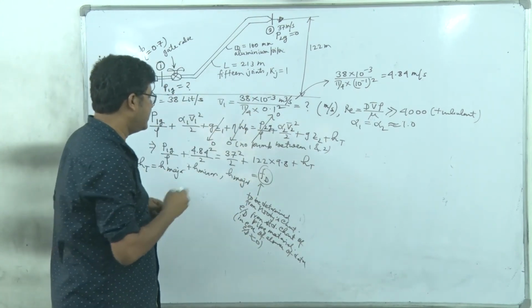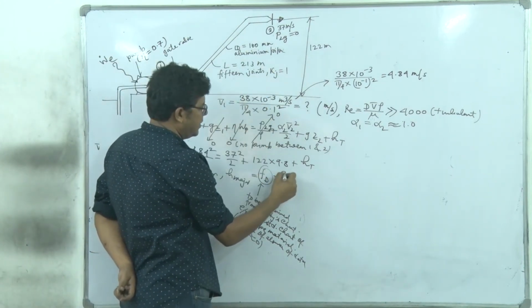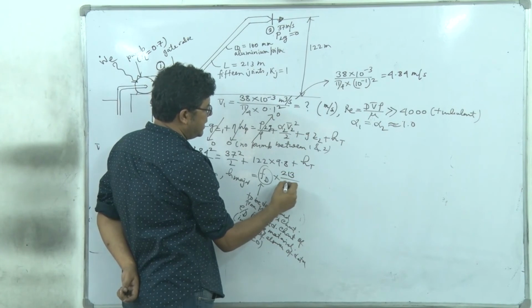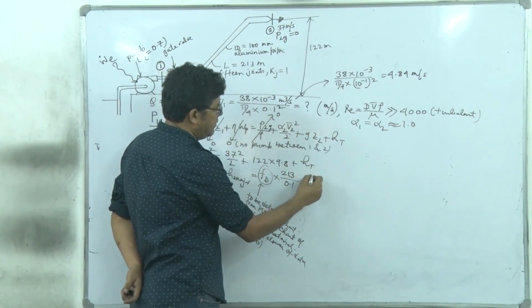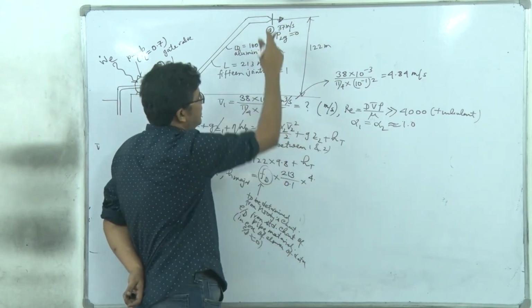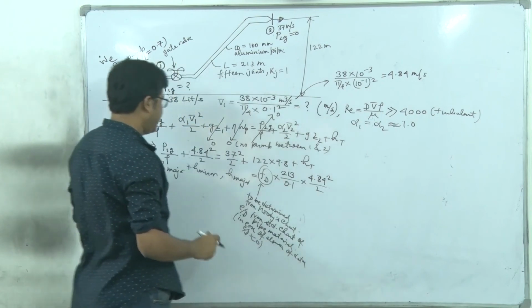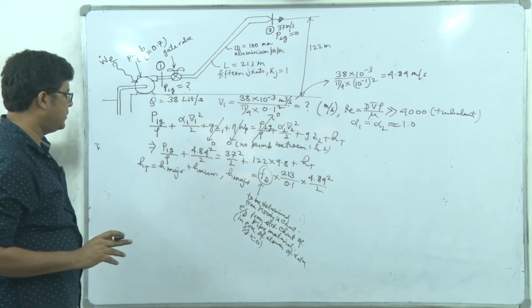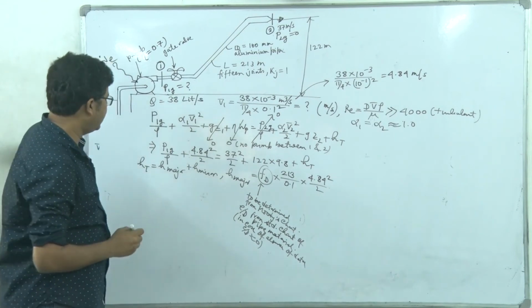So this is standard. Then L, the total length, is 213 divided by the diameter, L by D, 0.1, multiplied by V bar square. V is the same everywhere in the pipe except at the nozzle. It's 4.84 square divided by 2, right? So each measure has been calculated. FD is to be determined from the Moody's chart. Next, H minor.